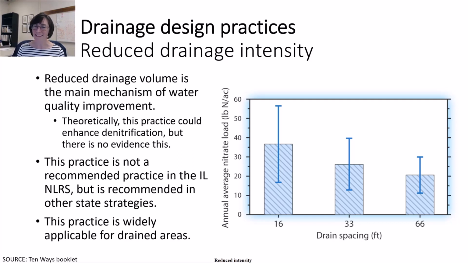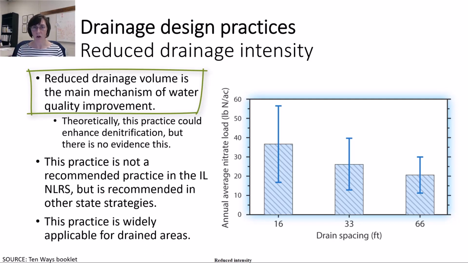You know, after being in this course, that a load or a loss of a nutrient is impacted by both the concentration of the nutrient in your water samples that you're collecting, as well as by the amount of water, the volume of water, or the discharge of water. You have to put concentration information along with water volume information or discharge information to calculate your nutrient loads or your nutrient losses. So in this case, with this practice of reduced drainage intensity, we're addressing the second part of that equation with reducing the water volume, or reducing the amount of annual discharge that leaves drainage systems. And that's how we improve water quality. That's how we reduce nutrient loads, because we simply have less water leaving the field.